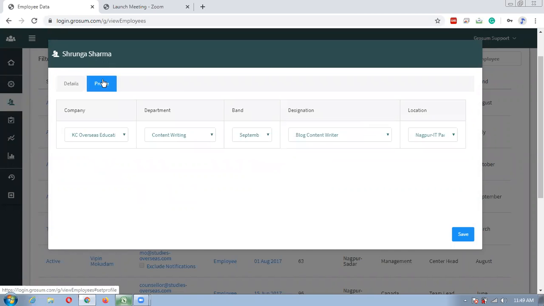Further, click on the profile section to change the company, department, band, designation, and location. Once you are done with the changes, click on the save option and your changes will get saved.